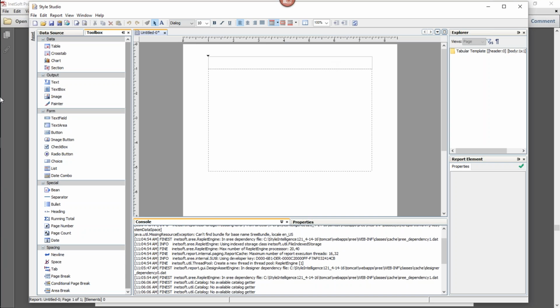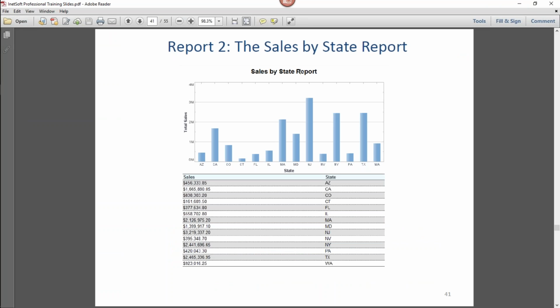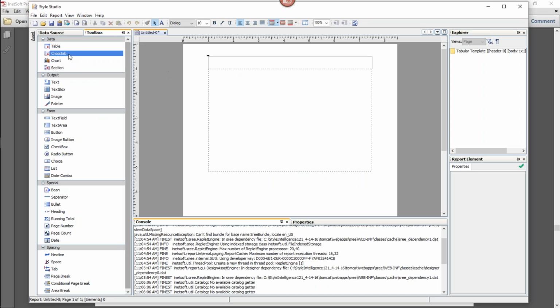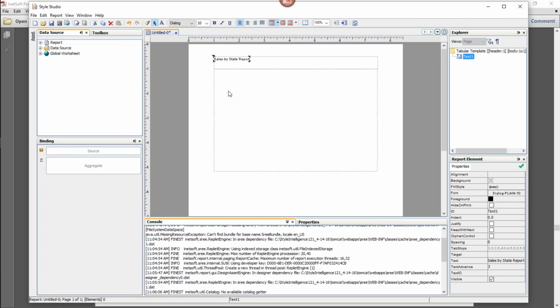In this case, what we'll do to add the text up here that says sales by state report is that we'll simply drag a text element in there. So I'll grab a text element from this toolbox panel here, obviously, and drag it into that header region and type the text, sales by state report. So that adds a text element, and then I can simply format that text element and center it in a pretty typical way, mainly using the buttons up at the top and toolbar over here. So I can do a center alignment. I can make it 18 point and bold.